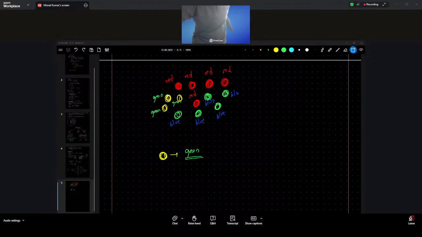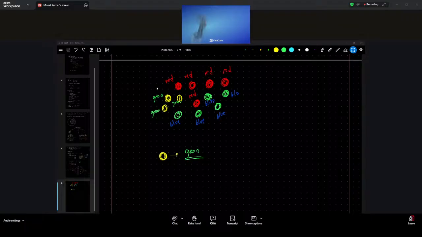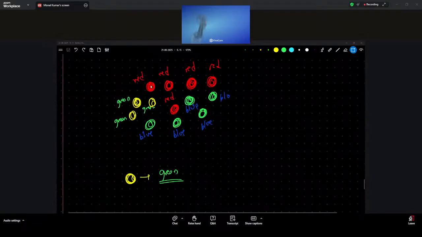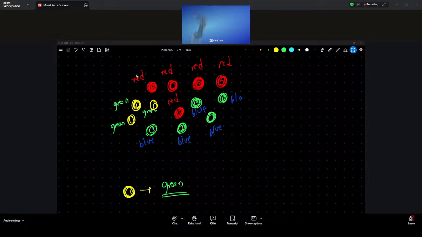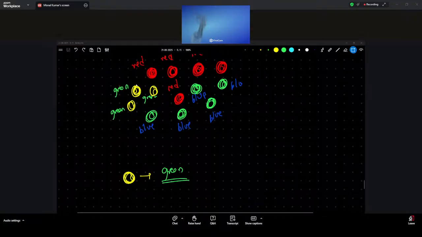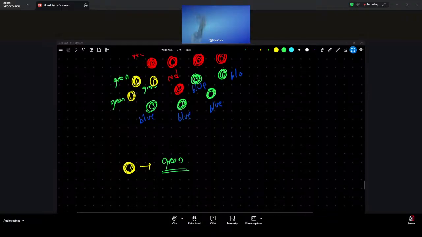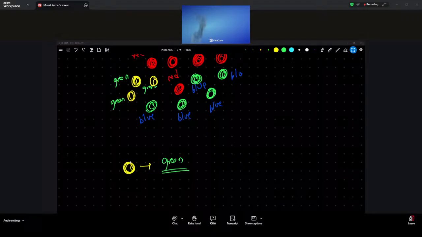Sir, I'm confused in the below question. Eknath, what question are you confused in? This particular thing is called red. Pankaj, just imagine this thing is called red. I can give whatever label I want, but if I'm saying that this yellow is green, then when I provide this yellow, you also have to say green. This is ground truth.